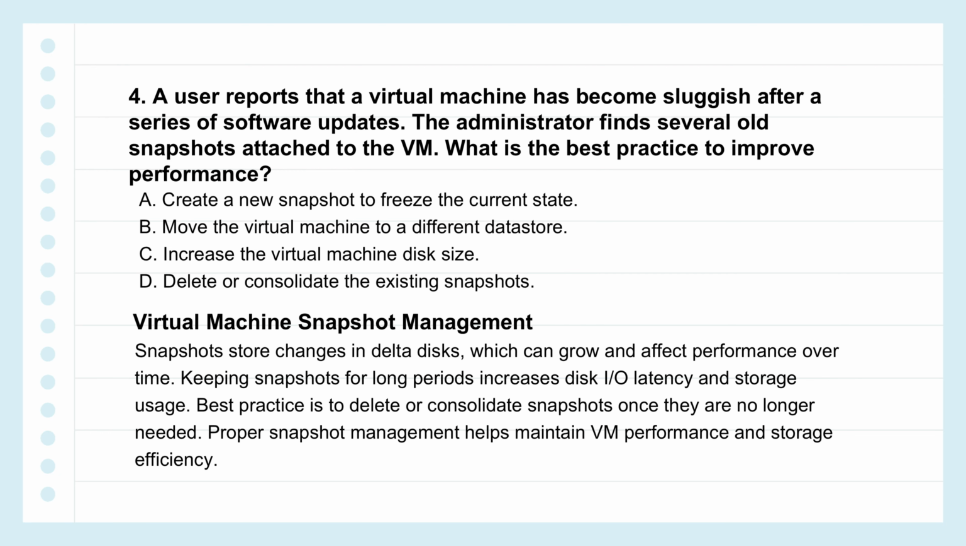So you investigate and you find a bunch of old snapshots attached to the VM. What is the actual fix here? Do you create a new snapshot to baseline it? Do you increase the disk size? Or do you delete and consolidate the existing snapshots? The answer is absolutely to delete or consolidate the existing snapshots, and I cannot stress enough how huge this is